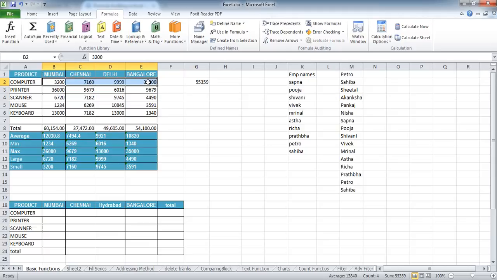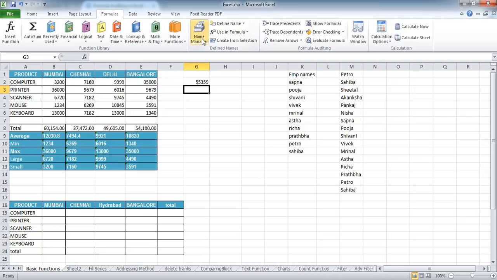Won't it be good if we are simply able to refer to this range in the form of a name, just like our name and my name, and say I refer to the whole range as sales cities or something, so that I don't have to every time refer to B2 to E2 to create a formula. To create something like that, Excel provides you with this menu option over here.